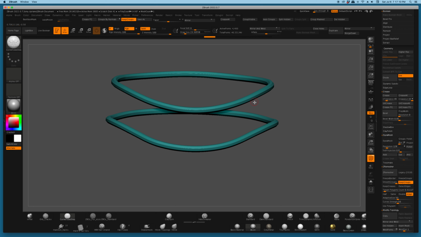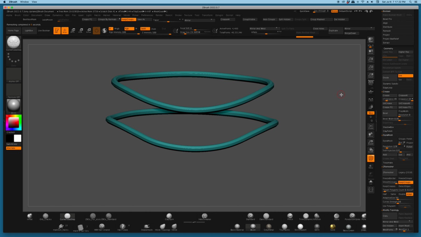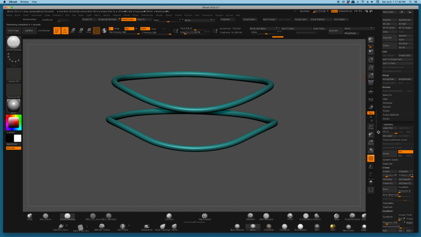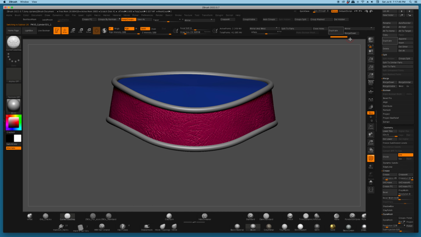Put symmetry back on, ZRemesher. Whoa. You know what? I think I forgot to delete the hidden. There it is, delete hidden. Now let's try that again. I went back too far. Okay, 3,000, let's try that. Divide, divide, divide, divide. 700,000. But you see I have 5 subdivs, and on the belt I have 5 subdivs. If I merge those 2 down,